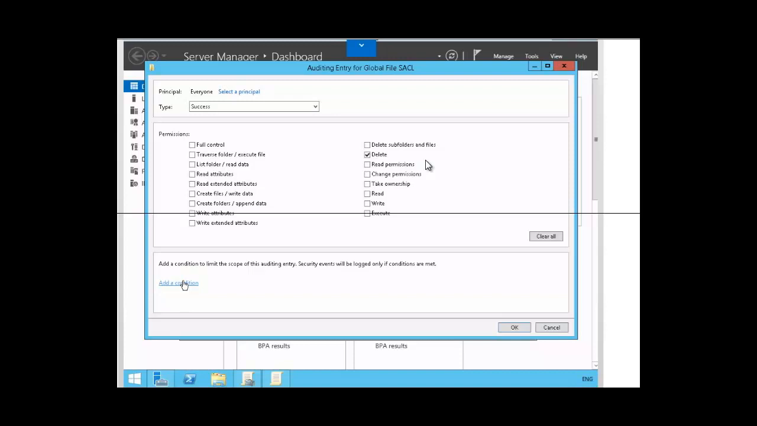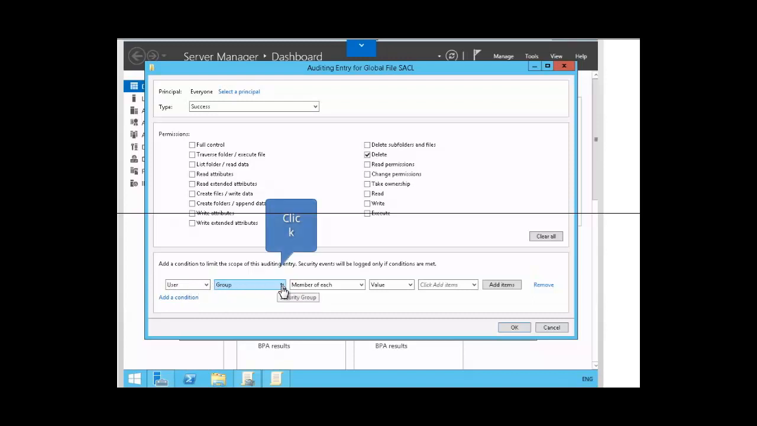So now we come to the conditions. And we're going to click on Add a Condition, and you can see Add a Condition here in the bottom left of the window of your dialog box. So you're going to click on Add a Condition. And here we're going to choose user. For group though, we're going to choose